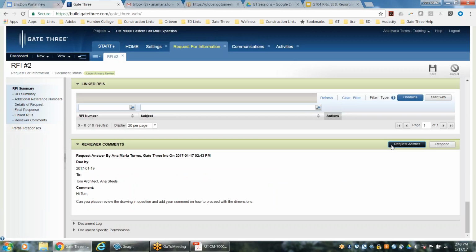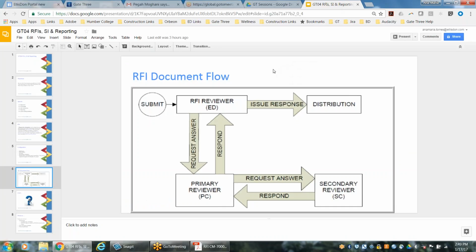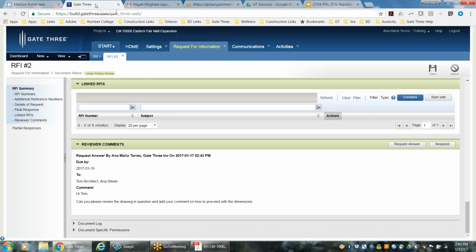Sometimes they come back and it's quite ambiguous. They're not being very clear. So by all means, you do have the ability to request answer once again. And it goes back into their ball in court. Okay? I'm going to go ahead and pretend that everything was covered. Their clarification, their answer is, it's okay. I'm satisfied with it. So I'm going to click on,